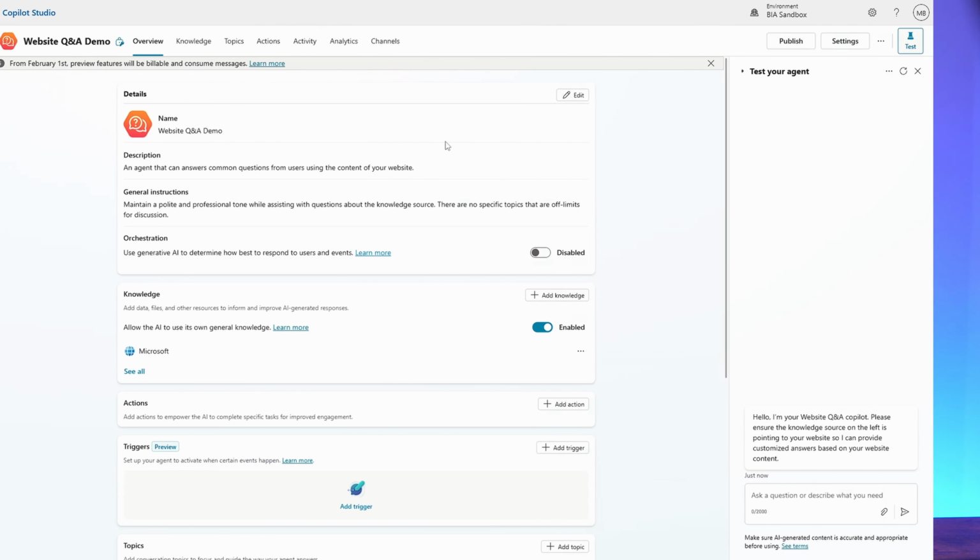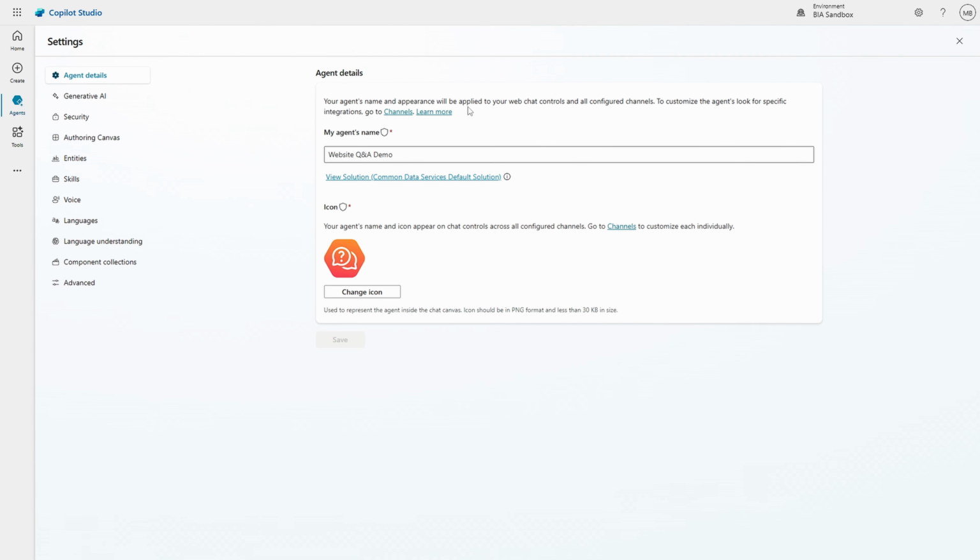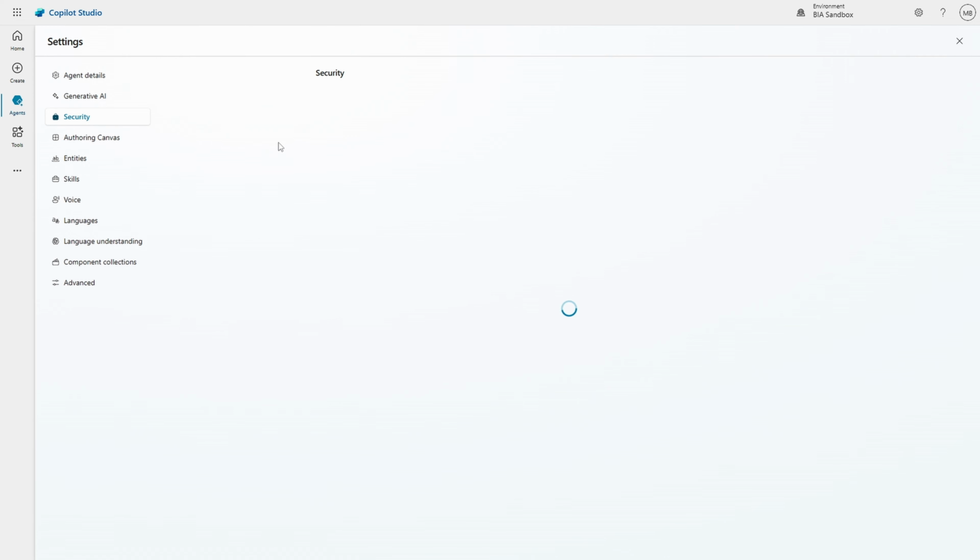First, not all publishing channels are compatible with one another, but this incompatibility essentially comes down to security. Copilot Studio offers different options for securing your agent that are more or less compatible with different publishing channels. For Copilot Chat integration, you want to use the default Microsoft 365 security approach. If you set up anything that stops your agents being published to certain channels, Copilot Studio will let you know,